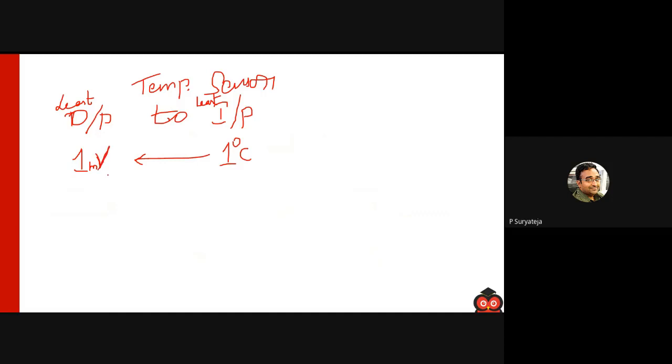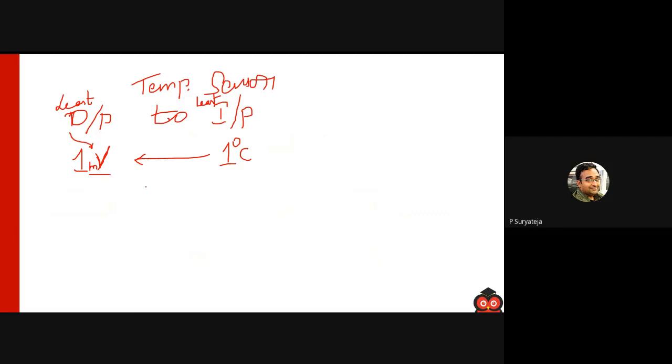Even if the output is digital, how are the digits represented? By using electricity, right? Electricity is measured in volts. So for 1 degree centigrade of change in input, the least possible change in output is 1 millivolt.